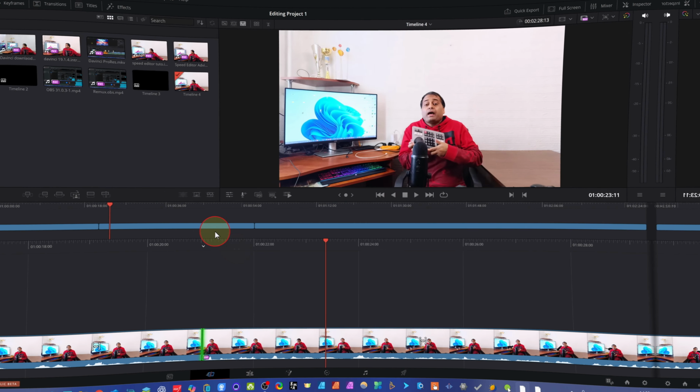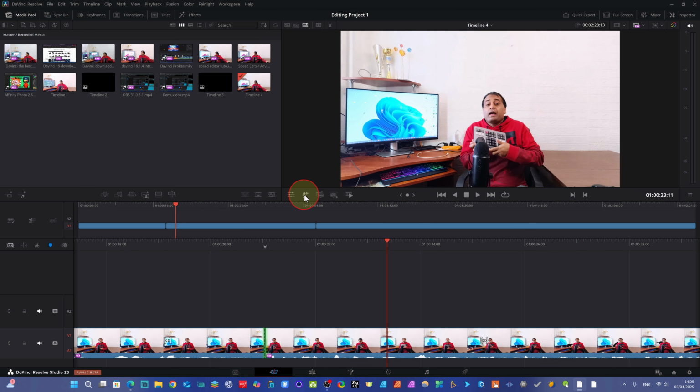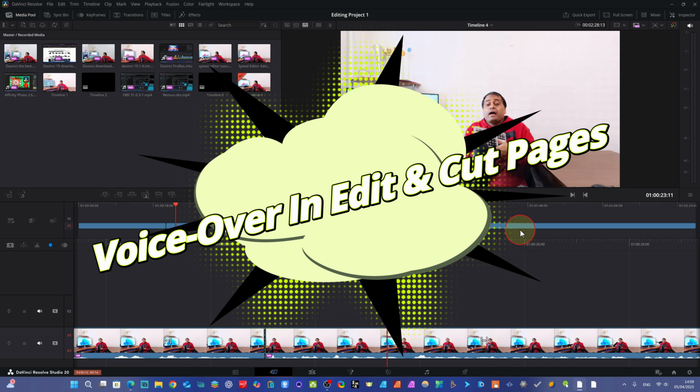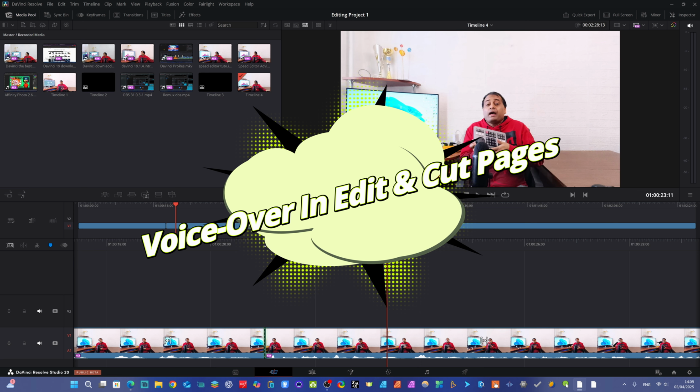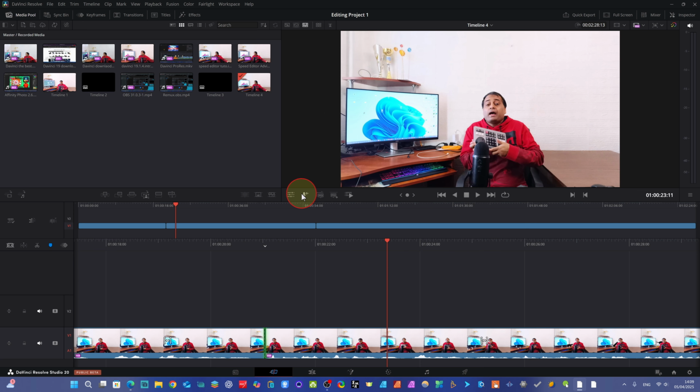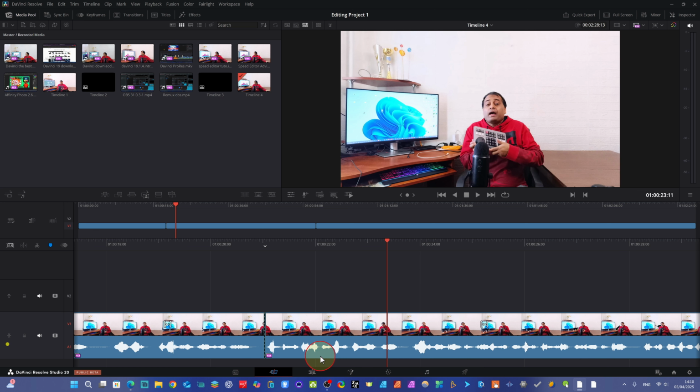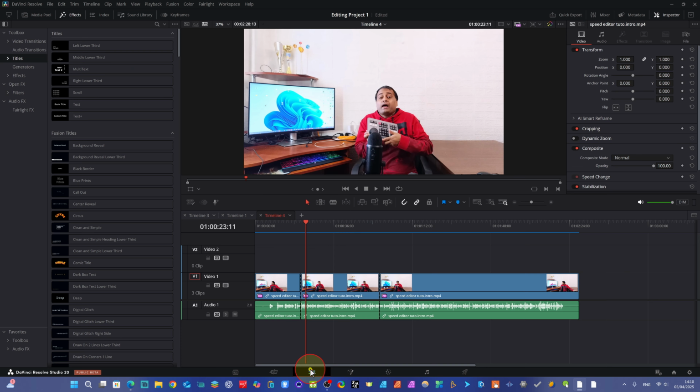There is another cool feature about the voiceover. You see, in the cut page and edit page, now there is one option here I am showing you to record. You can really record in the edit page and cut page. Before that I used to record my voiceover in Fairlight, and there were lots of settings I used to do, but now I need very few settings. Now we come here to the edit page, actually, where we use this most of the time. Here you can see this voiceover.